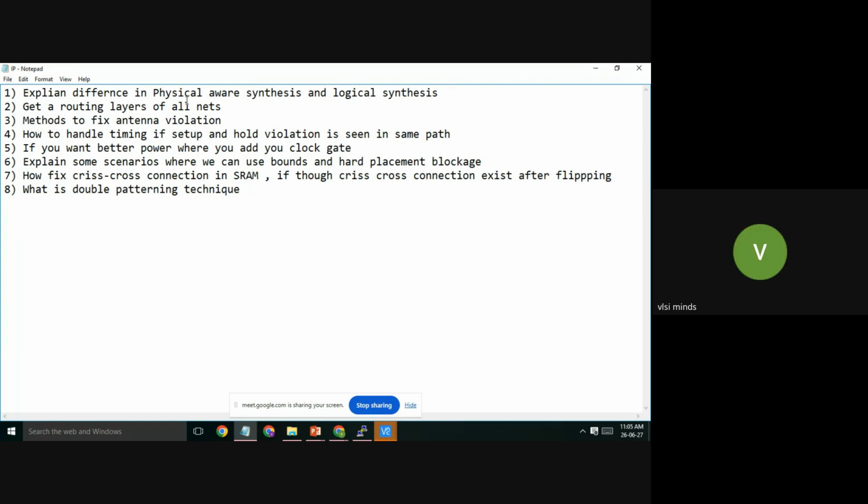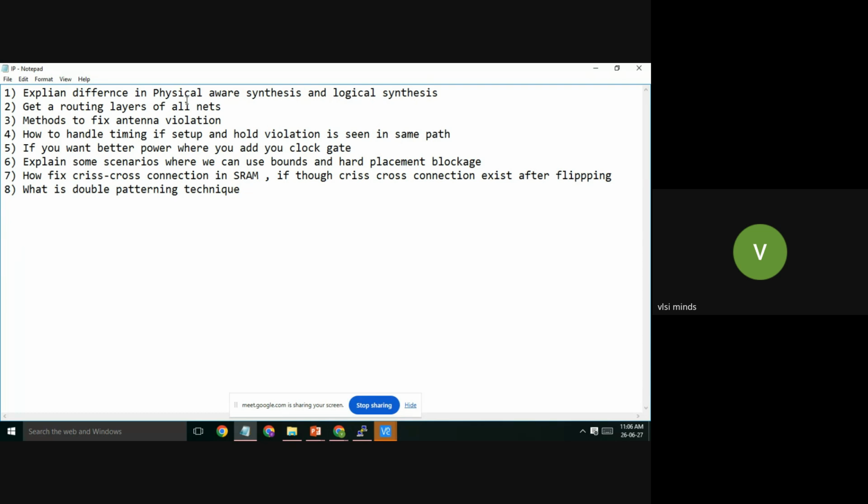Very good, excellent answer, correct answer. Then why should we go for physical aware synthesis? Because if we do the logical synthesis, we don't know the macro placements and all. After placing the macros, if we run the synthesis we'll get the exact locations of macros, so it will reduce the timing issues.